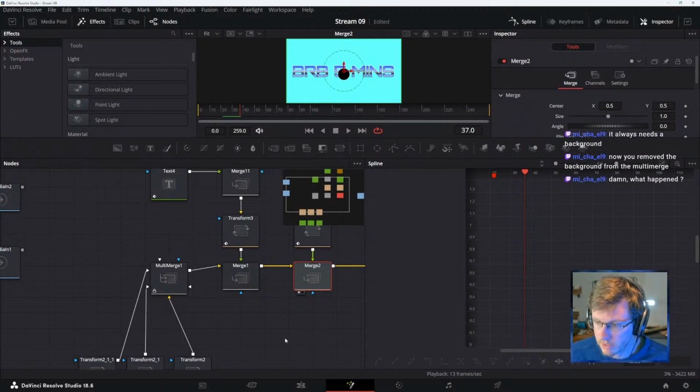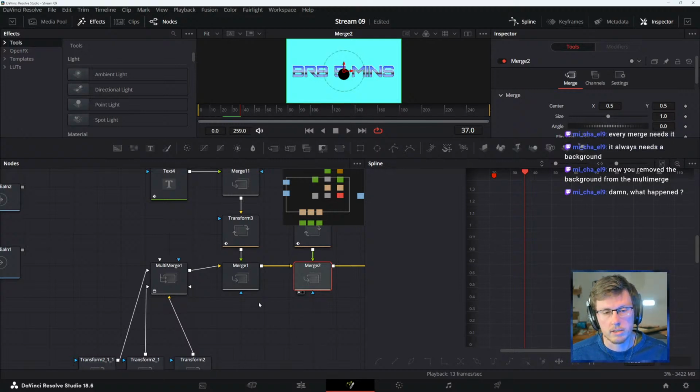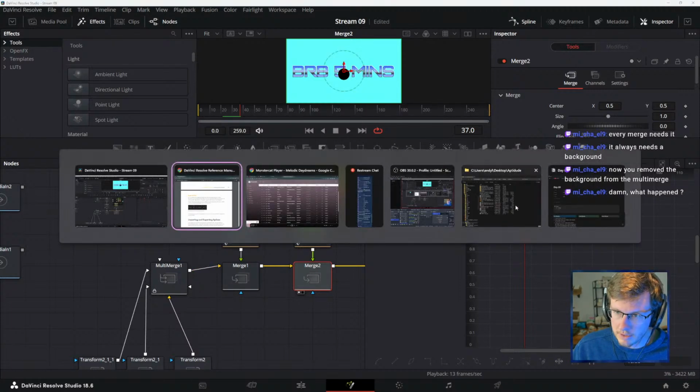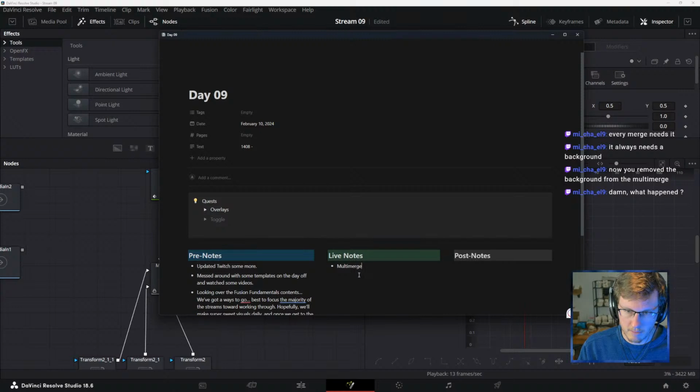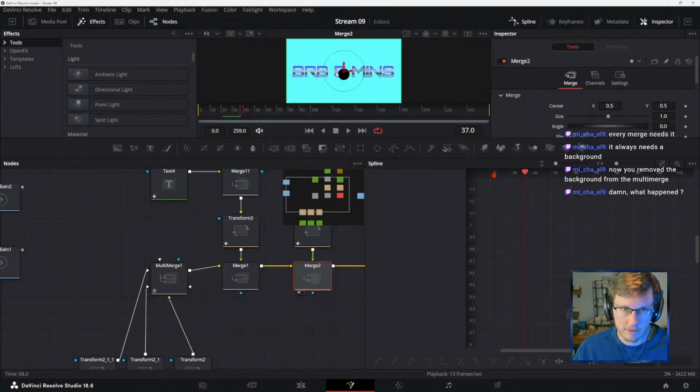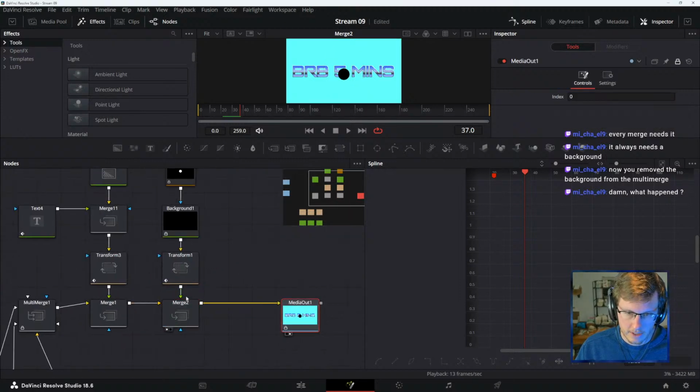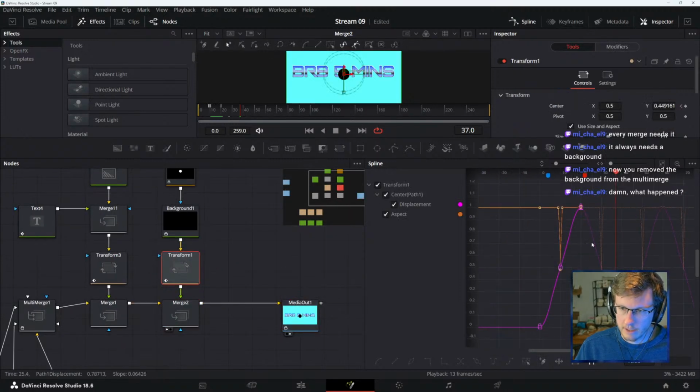Yeah, so it always needs a background. Okay, all right. I wasn't taking notes for today. I gotta write this down. Multi-merge always needs a background. Okay. And then, so what was I even trying to do here?